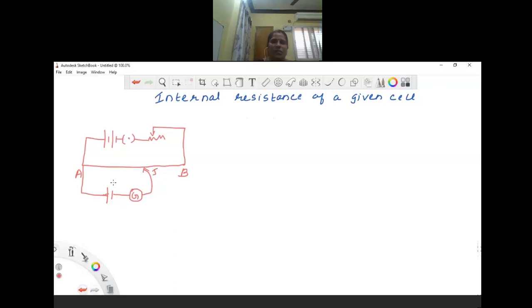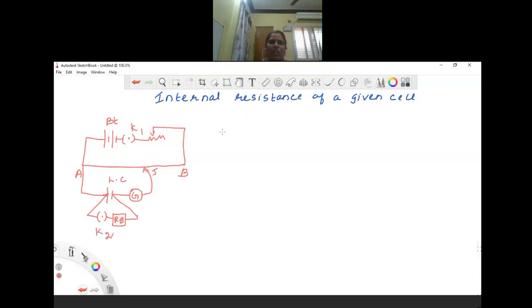Normally a high resistance is used to safeguard the galvanometer, and here we are going to connect one more key and a resistance box parallel to the cell. Either we can use a Leclanché cell or a Daniell cell. So this is the source of EMF, the battery, and this is the key. Let it be a Leclanché cell. This one will be taken as K1 and this one as K2.